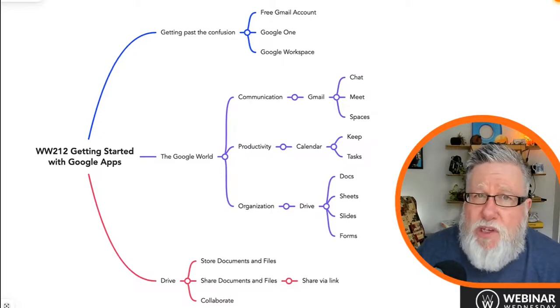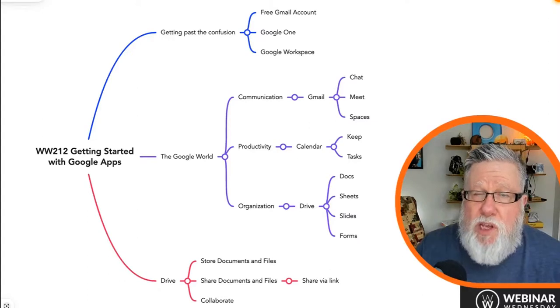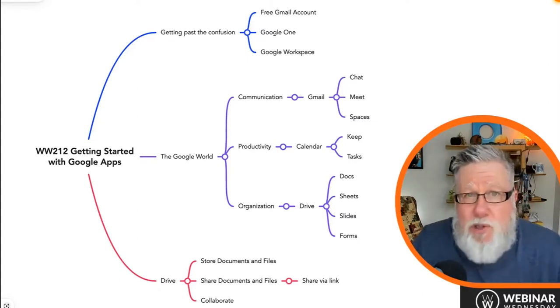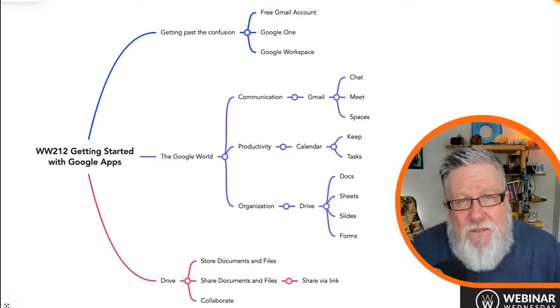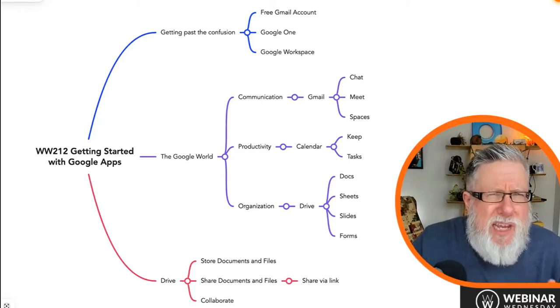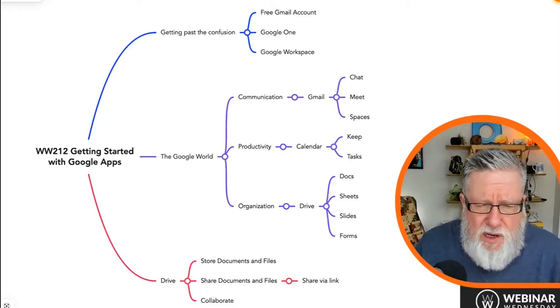Now, fitting all of these tools together is the key to really getting the most out of the Google ecosystem and recognizing which tool you're in and which tool does what it's supposed to do best and how it fits, how it communicates, and how it interacts with the other tools. That's really one of the keys to mastering this entire world of the different Google apps. In order for us to get off on the right foot in understanding and really mastering this whole Google ecosystem as far as our productivity and our content creation goes, we really have to start with Google Drive and understanding